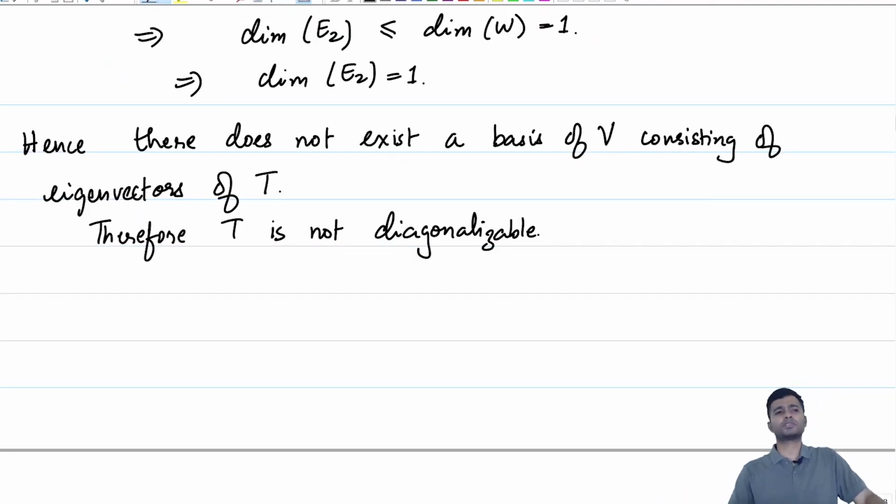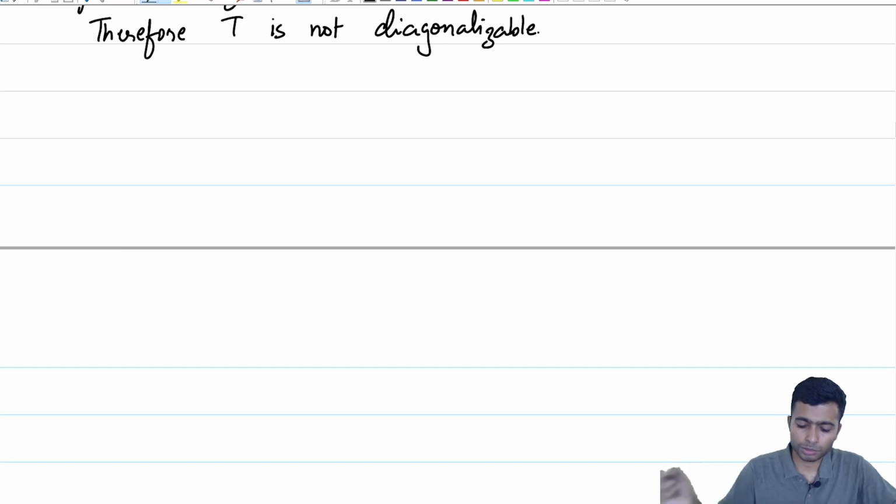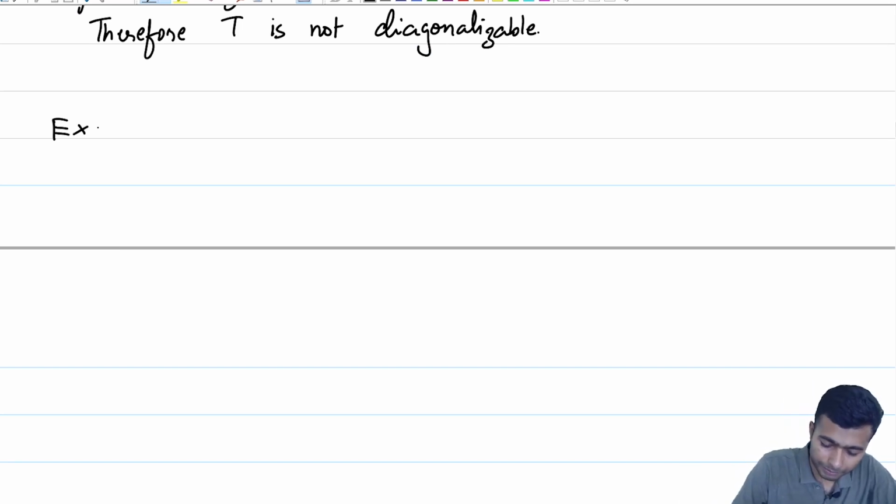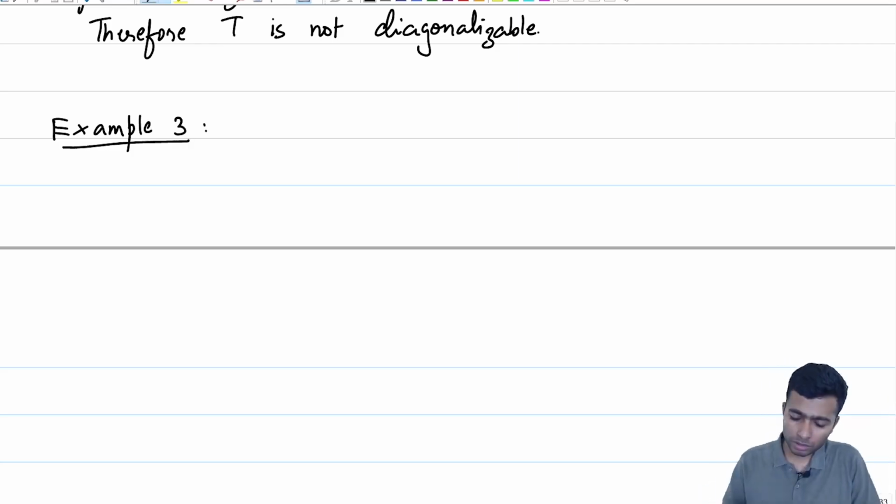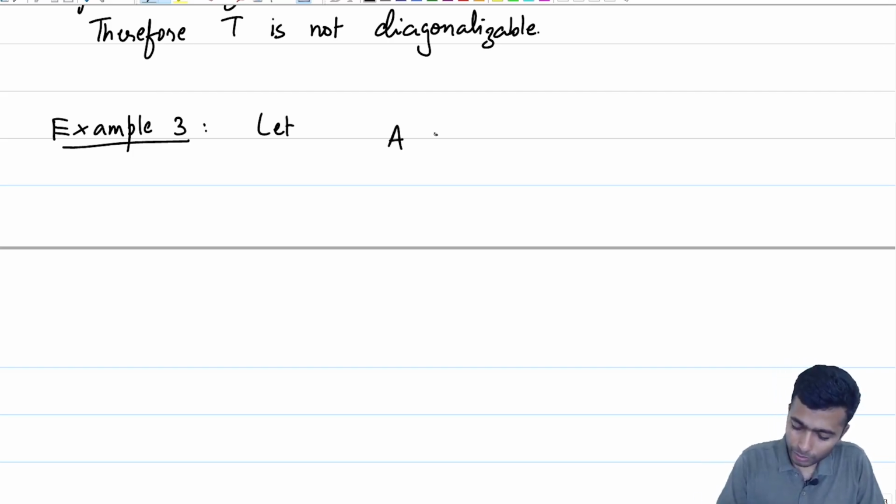So that prompts this next question: even when the characteristic polynomial splits, can we at all conclude that our linear operator or our matrix is diagonalizable? Can that ever be concluded? Let us look at more examples and then try to see if we can say much about it. To do that, let us look at one more example. Let us now work on R3, or rather 3 by 3 matrices. So let A now be equal to,